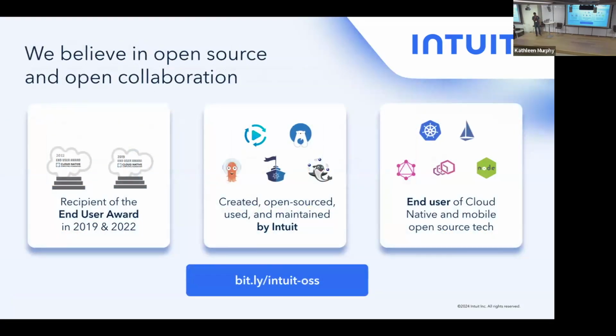We are very big on open source. We consume a lot of open source products out there, and at the same time, we also contribute a lot back to open source. For example, we are the team behind Argo. If anyone is operating in the Kubernetes ecosystem, they would be aware of Argo CD for deployments, Argo Workflows for running your ML workloads, and all of that. And we are going to share about another project called NumaFlow today. But yes, we are a huge consumer of open source, and we also open source quite a lot back to the community.